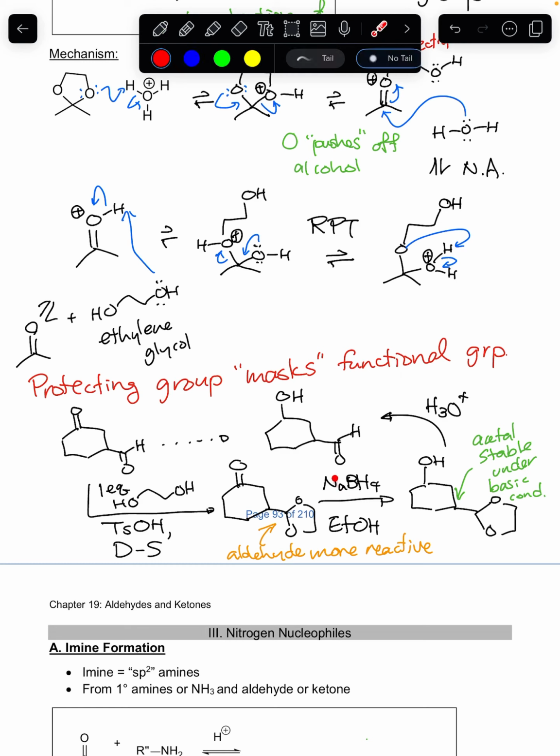And sodium borohydride, remember, you might have to refer to chapter 12 to see the exact structure of that and the reactivity, but it's a basic reagent. It's got a negative charge and whatnot, and that's why this type of synthesis would be achievable. Okay, so this is an example of acetal being a protecting group. So I'll see you in the latter half of the